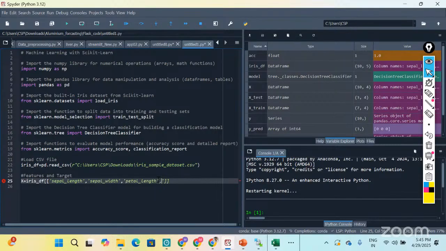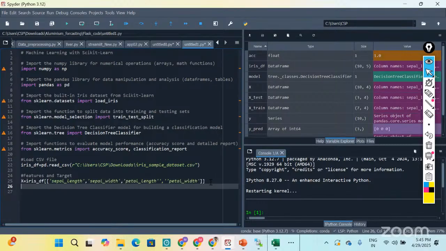And I have to take petal_width. These are my input features: sample length, sample width, petal length, petal width. My input is done.